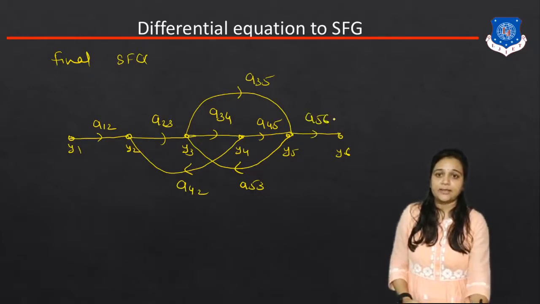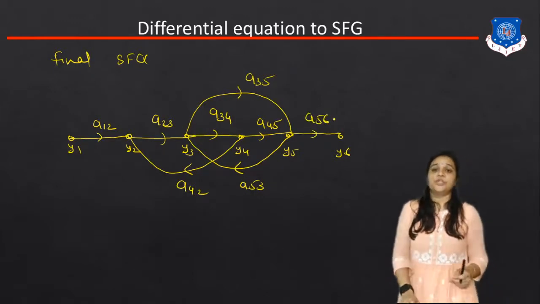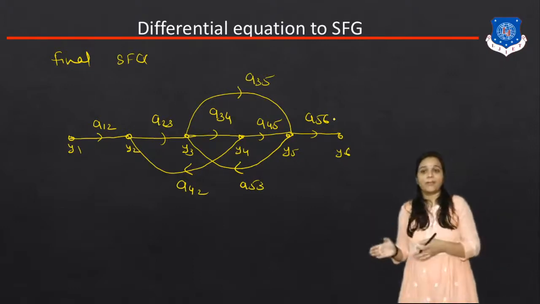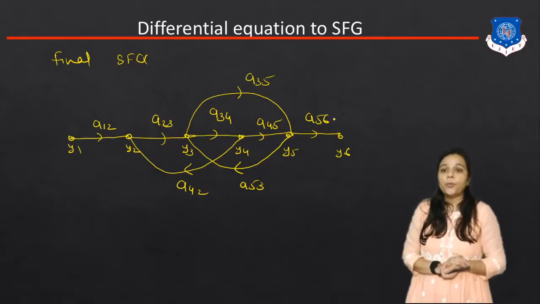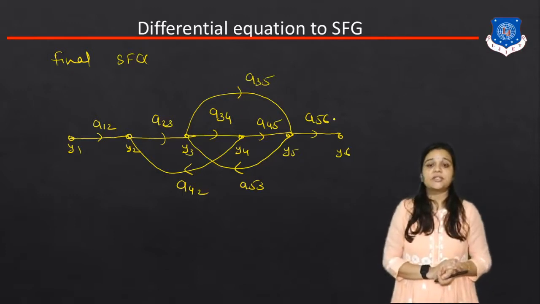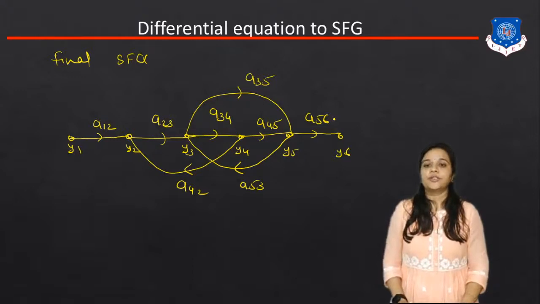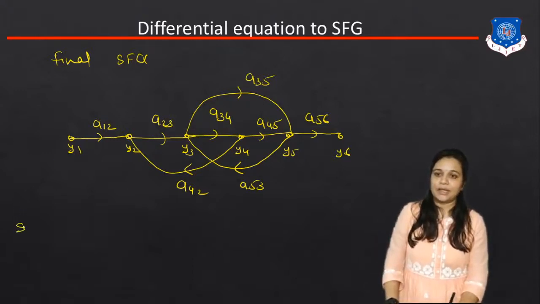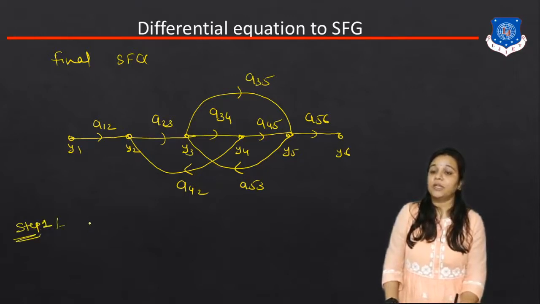Okay, so arrow direction is important, because using this arrow direction we have to decide how many forward paths and how many loops there are. Okay, so this is my final signal flow graph for this particular differential equation. Now you have to apply Mason's gain formula, and for that, step number 1, find the number of